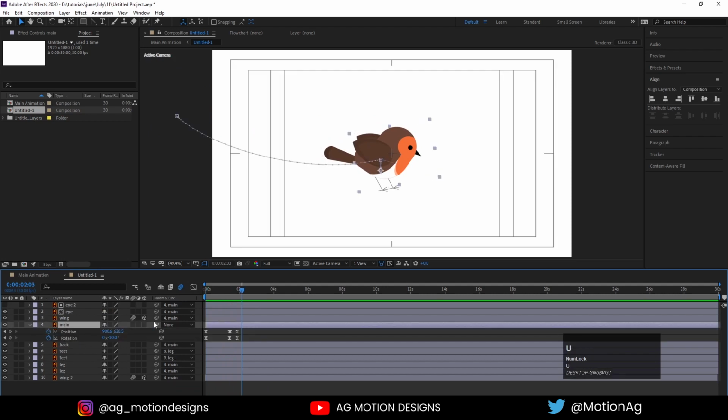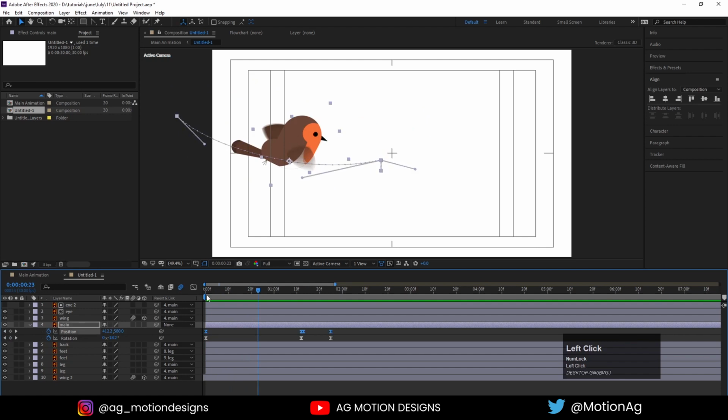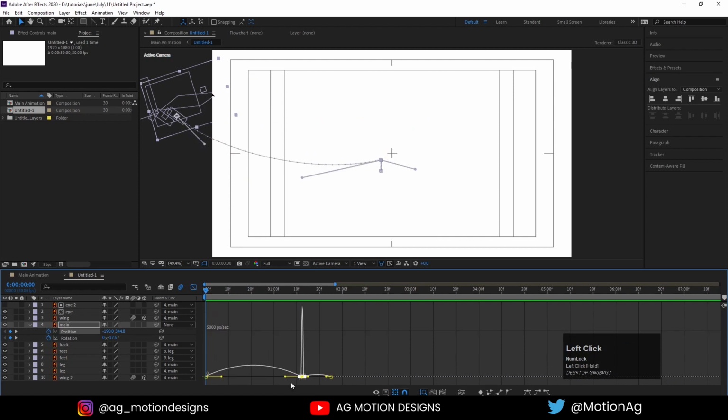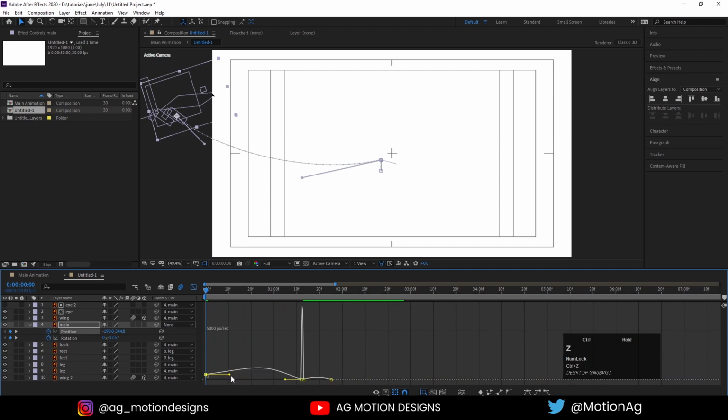After that we need to adjust this graph. Select, go to the graph, select this graph. I'll move it over here, adjust this graph like this.